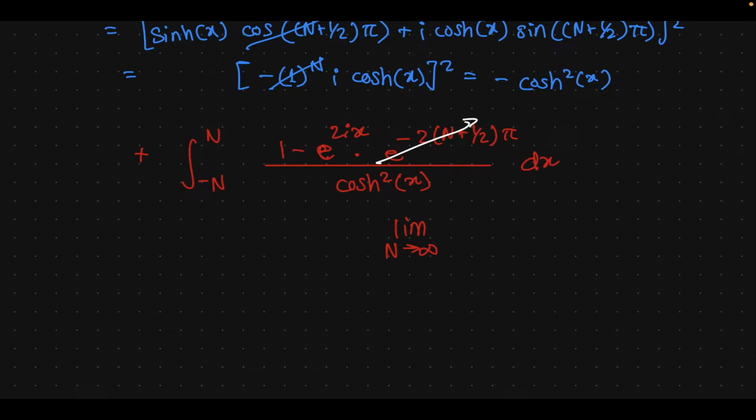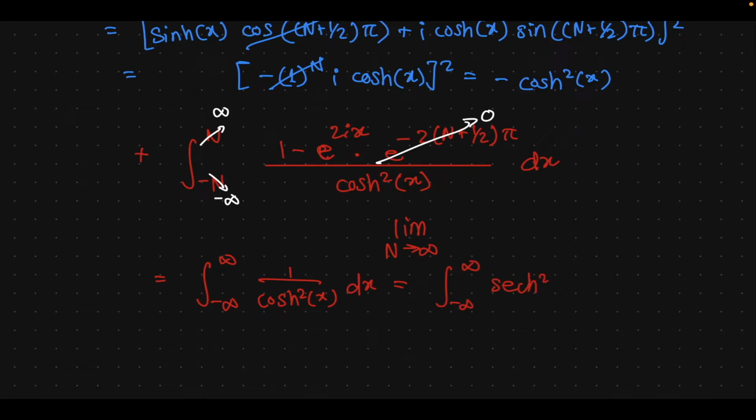This will become infinity and minus infinity respectively. So out of these two terms in the numerator, this term goes away because this has gone to 0. This term remains. So that just gives us 1 over cos squared x dx,